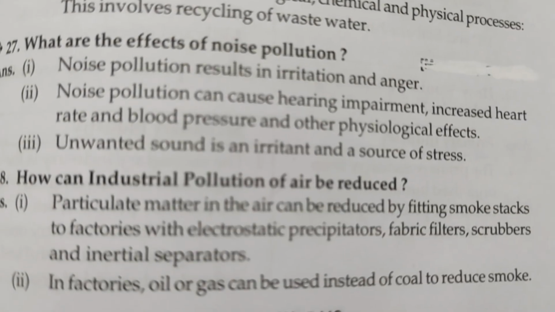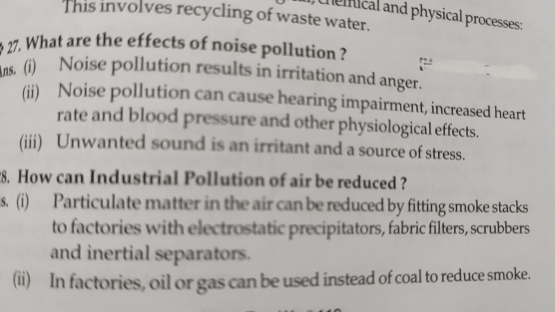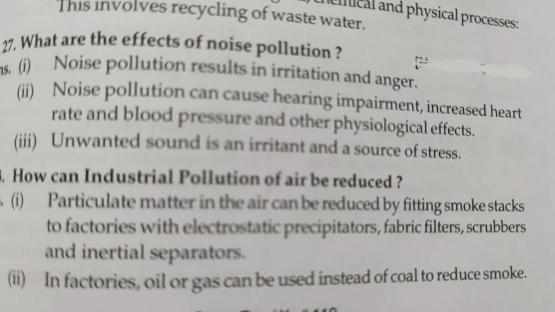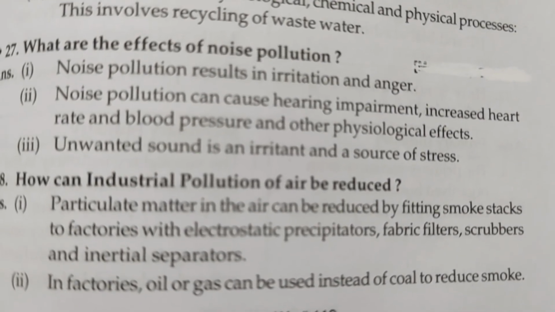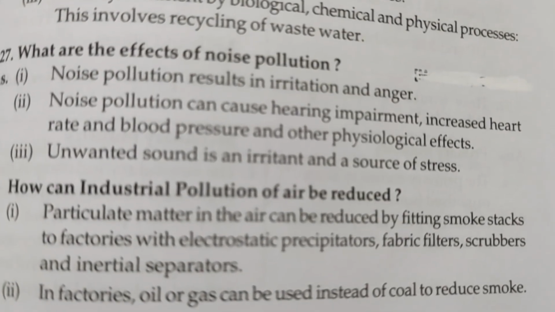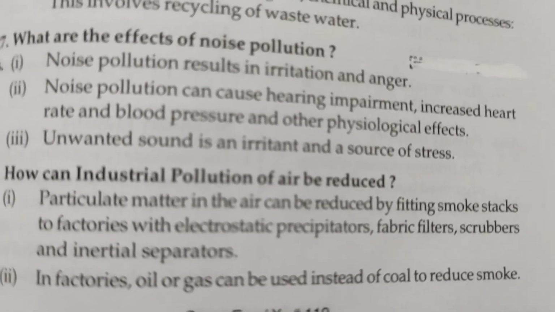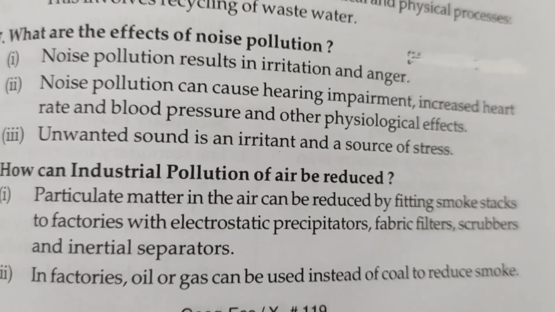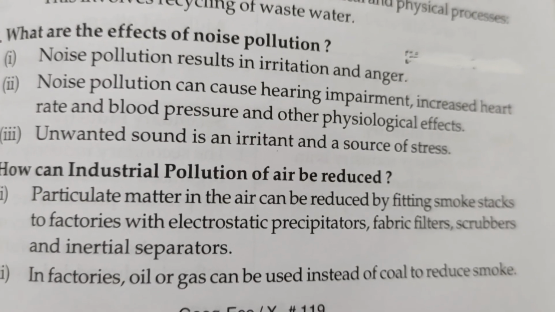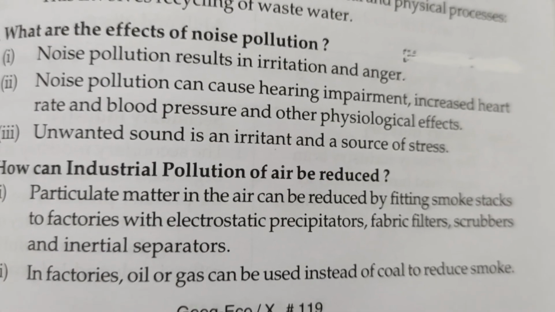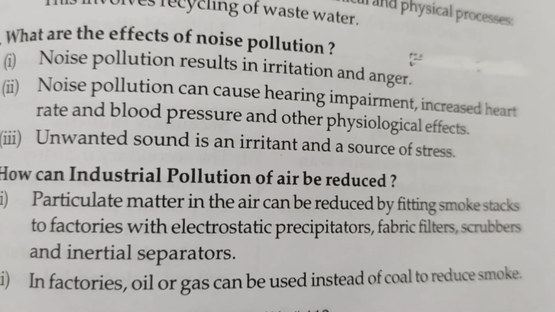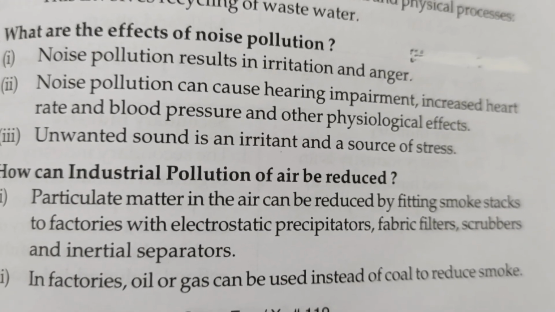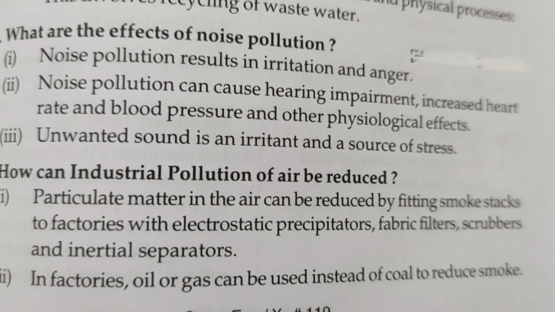How can industrial pollution of air be reduced? Particulate matter in the air can be reduced by fitting smokestacks to factories with electrostatic precipitators, fabric filters, scrubbers, and inertial separators. Third, in factories, oil or gas can be used instead of coal to reduce